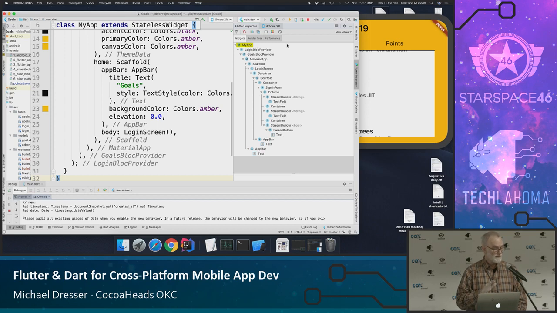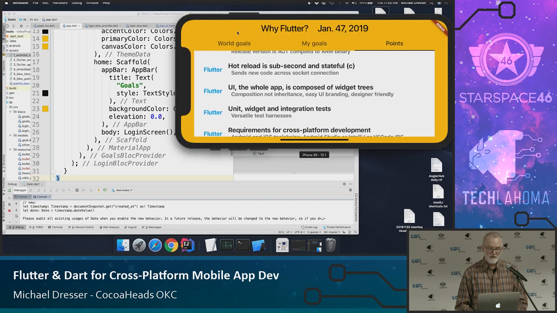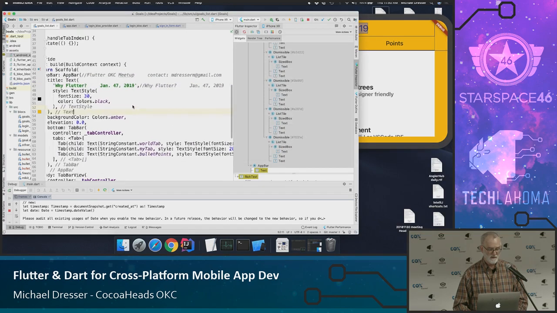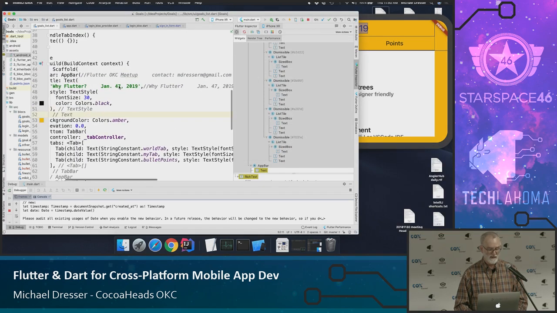So you can have these really deep trees. You might say, well, how are you going to find those things? So I clicked on what's basically a finder function, come back to January the 47th, click on it, and it immediately in the code takes me to where January the 47th was put in. So I'm going to fix that.